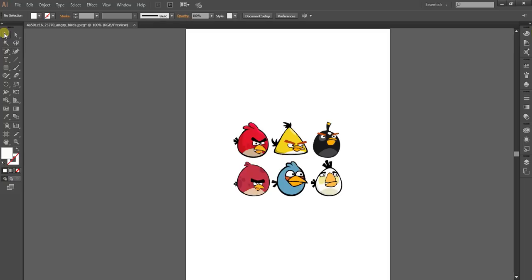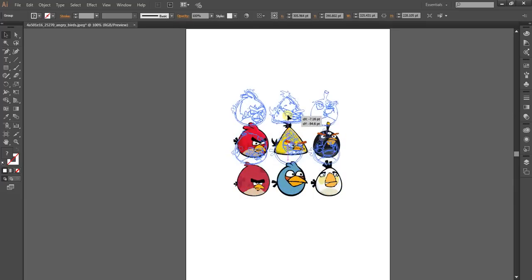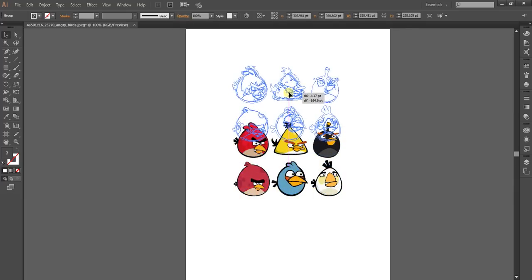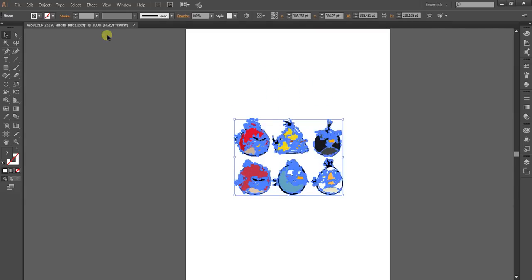We'll go to the select tool again and select the entire thing, and as you can see, every image is outlined with blue anchors. When you hold Control and click and drag this, you can see only the images are there, with no borders. So let it be here itself.